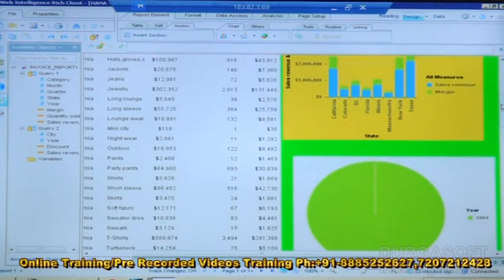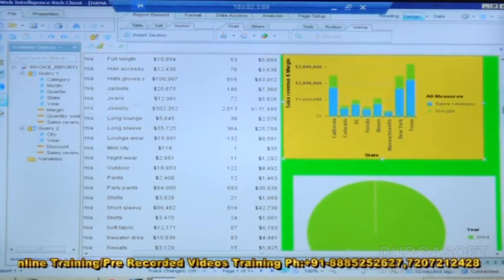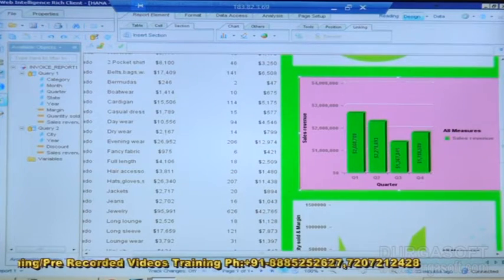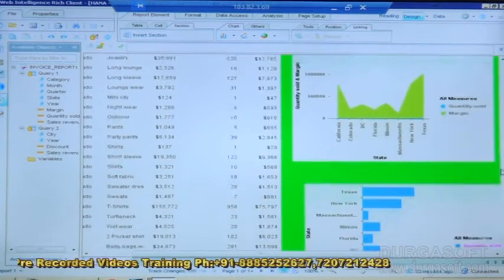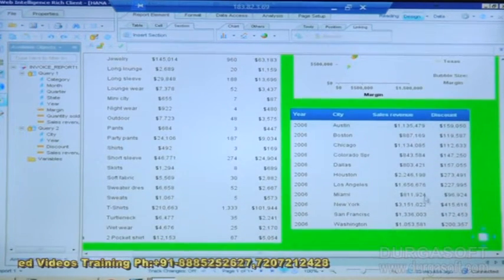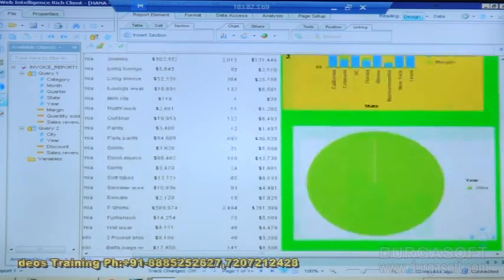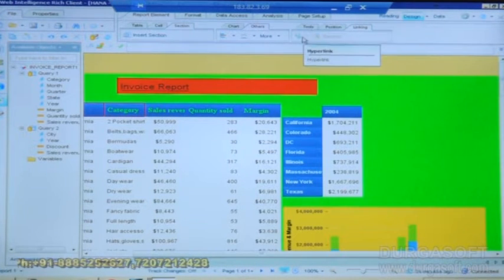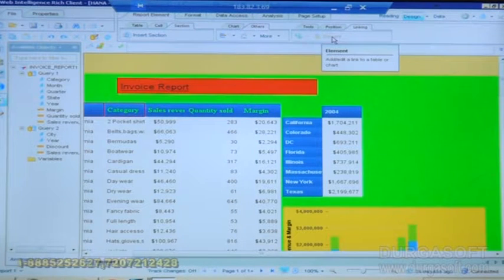Like here, you see. We did the stacked chart, column based, pie chart. We did the bar chart with the year quarter wise, area chart, and some horizontal charts and some bubble charts. And we also added a second report for the same document. And we already did this different times. And we saw in the previous video how to add a hyperlink, how to add the element link to perform any interactive reports.